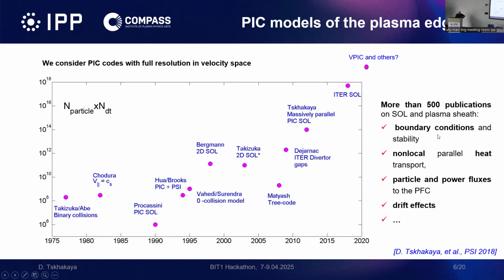So why do we need these codes? Because they can help to formulate boundary conditions and study stability problems, some of which cannot be treated by fluid or gyrokinetic codes. They can treat non-local parallel heat transport, which cannot be treated by a fluid approach. They can calculate particle and heat loads to the plasma-facing components, and if they are time-dependent, this can be done only by these codes. They can study drift effects when the drifts cannot be approximated by classical drifts,